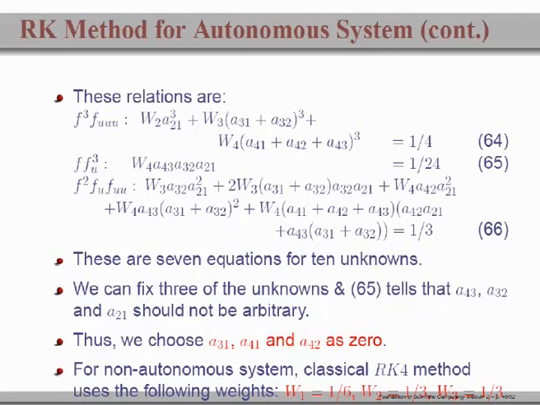So, we look for such opportunities, but if you look at this equation, that should send you a warning bell. It will say, look, be careful, do not try to put A 4 3, A 3 2, A 2 1 equal to 0, then you would be violating the condition, and that would not be there. So, I have written it down that you should really not choose them as equal to 0. What we could instead do, we could pick up, let us say the other 3 AIs equal to 0, because that is what are involved in those increment functions. So, if I set these 3 to 0, then we can decide to have some kind of an